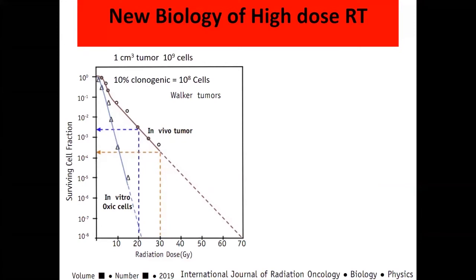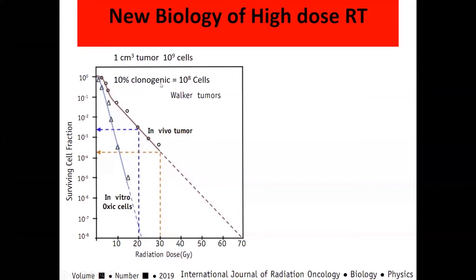So far we have seen that there are two processes of cell kill which are seen in fractionated radiotherapy and also in non-fractionated radiotherapy. That is the alpha process and the beta process. Now we have to see whether there is any other radiobiological process which gets triggered, which also contributes to overall cell kill. The answer is yes, there are. How do we reach this conclusion? We reach this conclusion based on certain experiments done on animals. This is one such experiment.